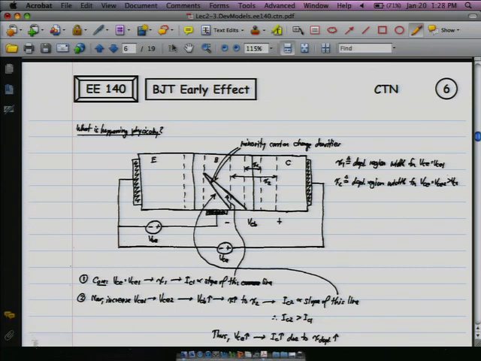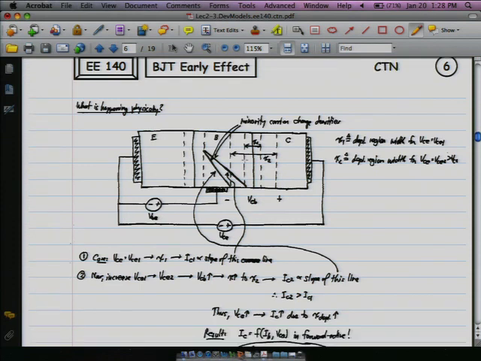Going on from there, we can look more at what's happening physically. This is basically the part that I just explained: if we bias this, then the base shrinks. This slope steepens right here. And if you remember back to the early equations that we showed, we're looking basically at the